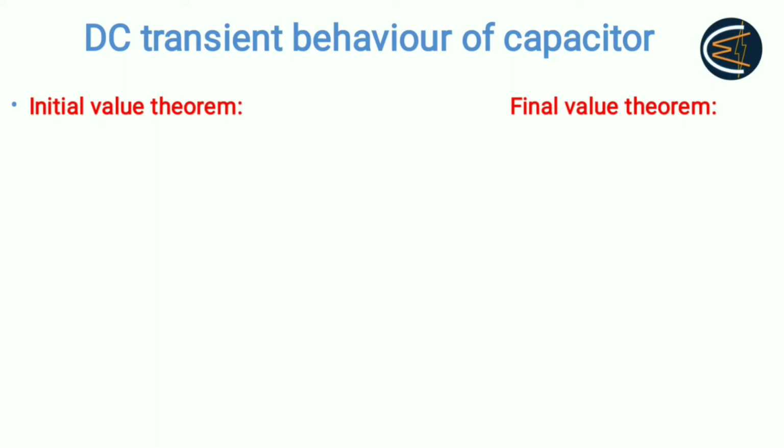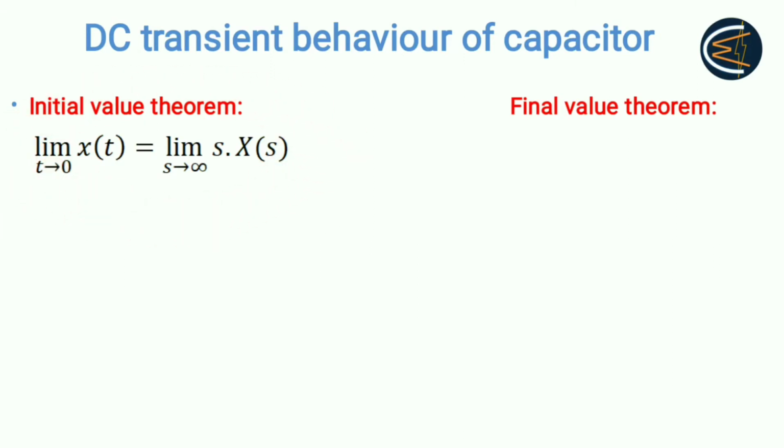So in this video lecture, I'll be discussing the DC transient behavior of a capacitor. In my previous video lecture, I discussed the DC transient behavior of an inductor. So let's start with the initial and final value theorem, which I already discussed in my previous video lecture. If you haven't yet watched that video, then please first go through it, then come back to this video. All right. So this is the initial value theorem, as we have already discussed in my previous video